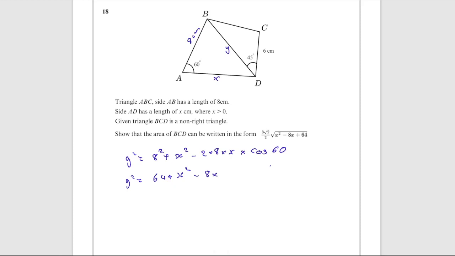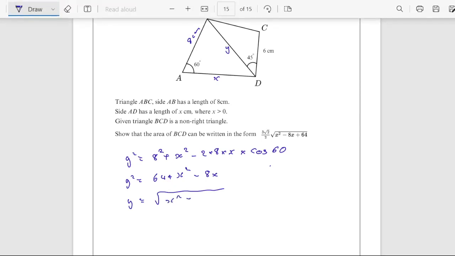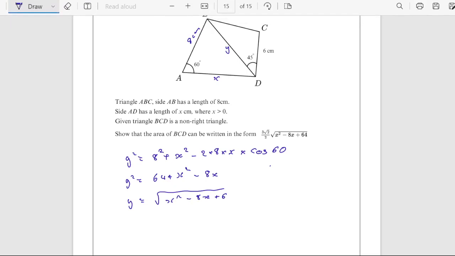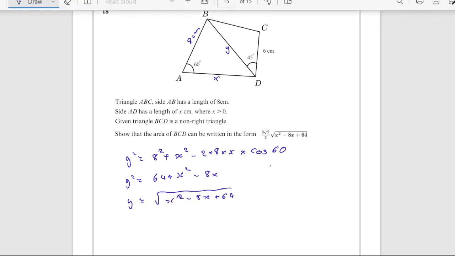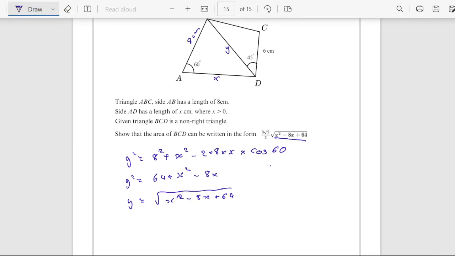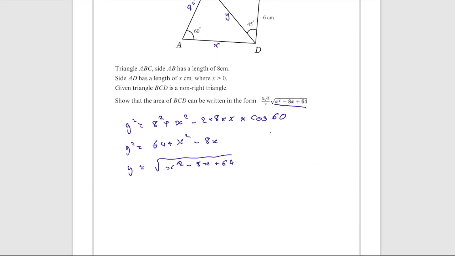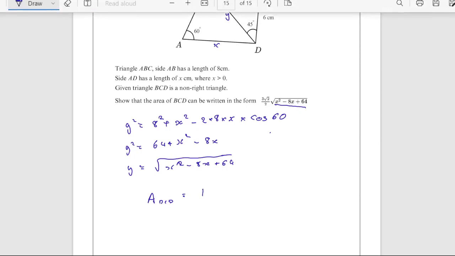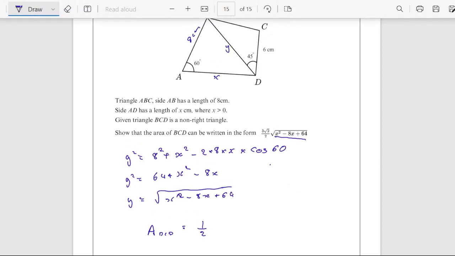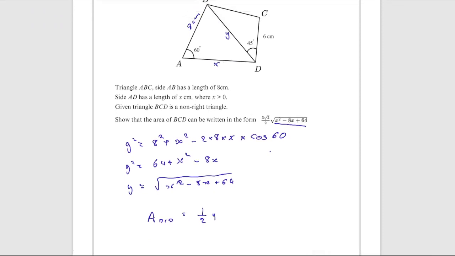And then I will write y down then as the square root of, and I'll just rearrange this slightly, x squared minus 8x plus 64, and that's a good hint because we're using that there. Right, so the area of that triangle then, so the area of BCD is going to be equal to, and I'm going to use the formula for the area of the triangle, so half of A times B, so that's going to be in effect y times by 6, sorry,